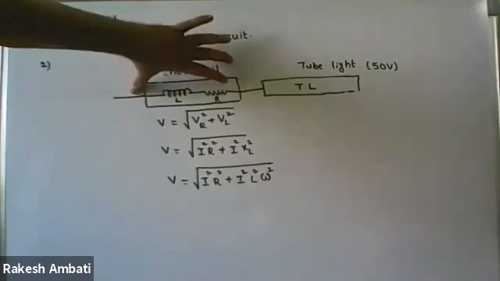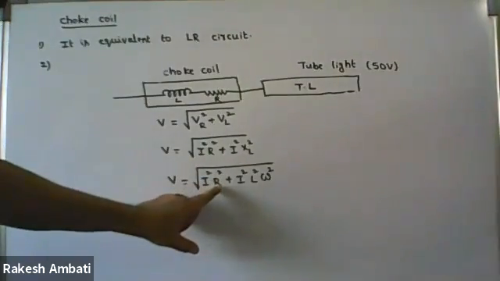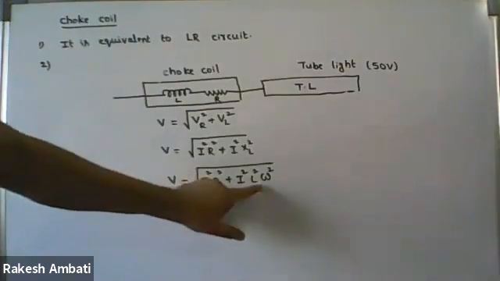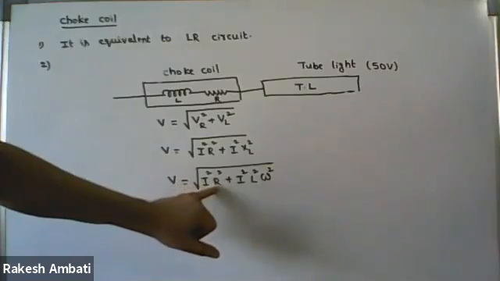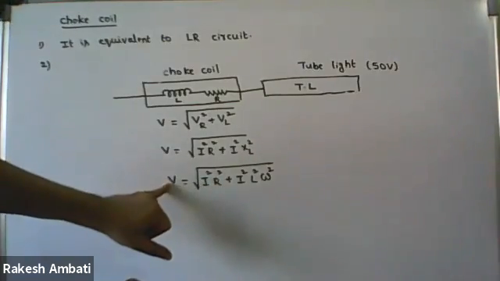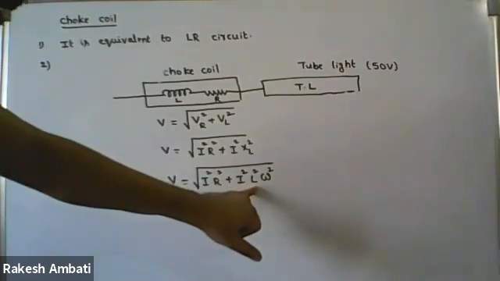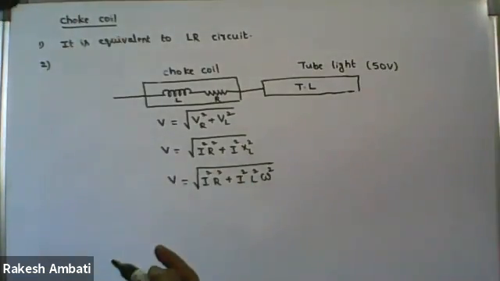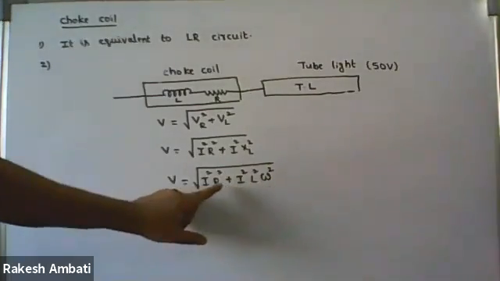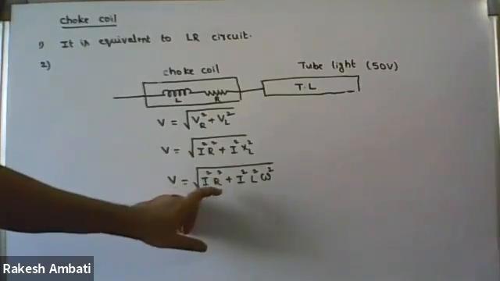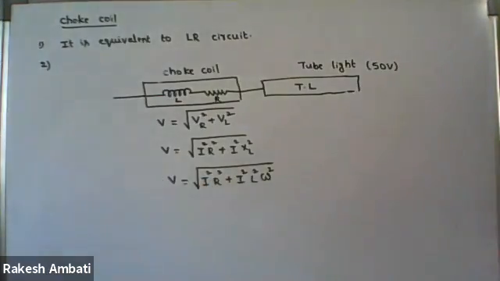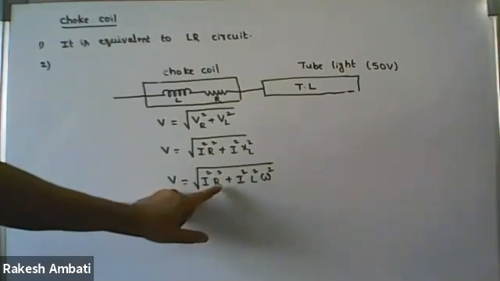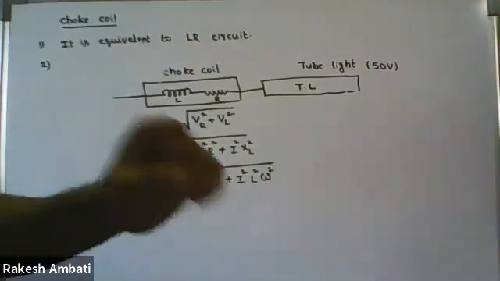For getting more potential to be dropped, we have to increase the resistance, or increasing inductance is a convenient way to get more potential to be dropped. Which is the convenient one, inductance or resistance? Inductance. Why not resistance? Power loss. Correct. Because if resistance is present, definitely some power loss takes place.